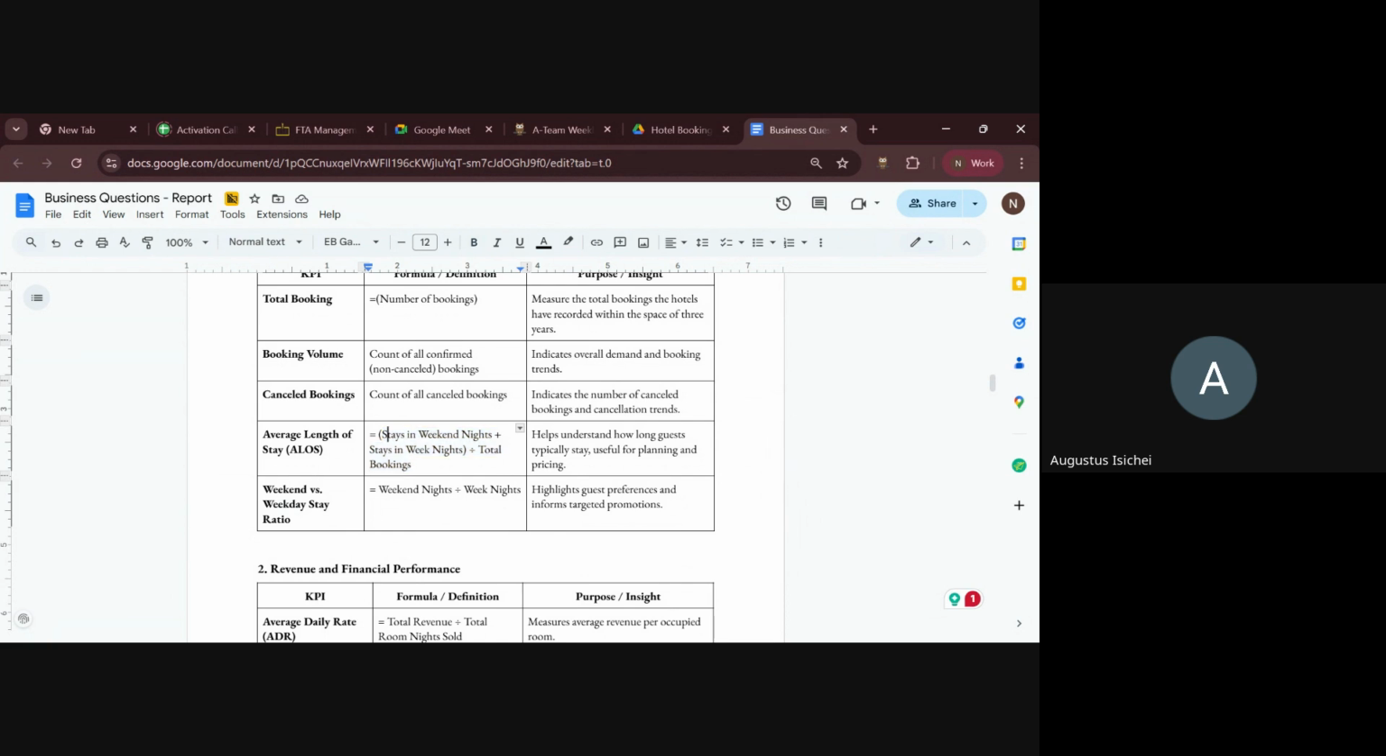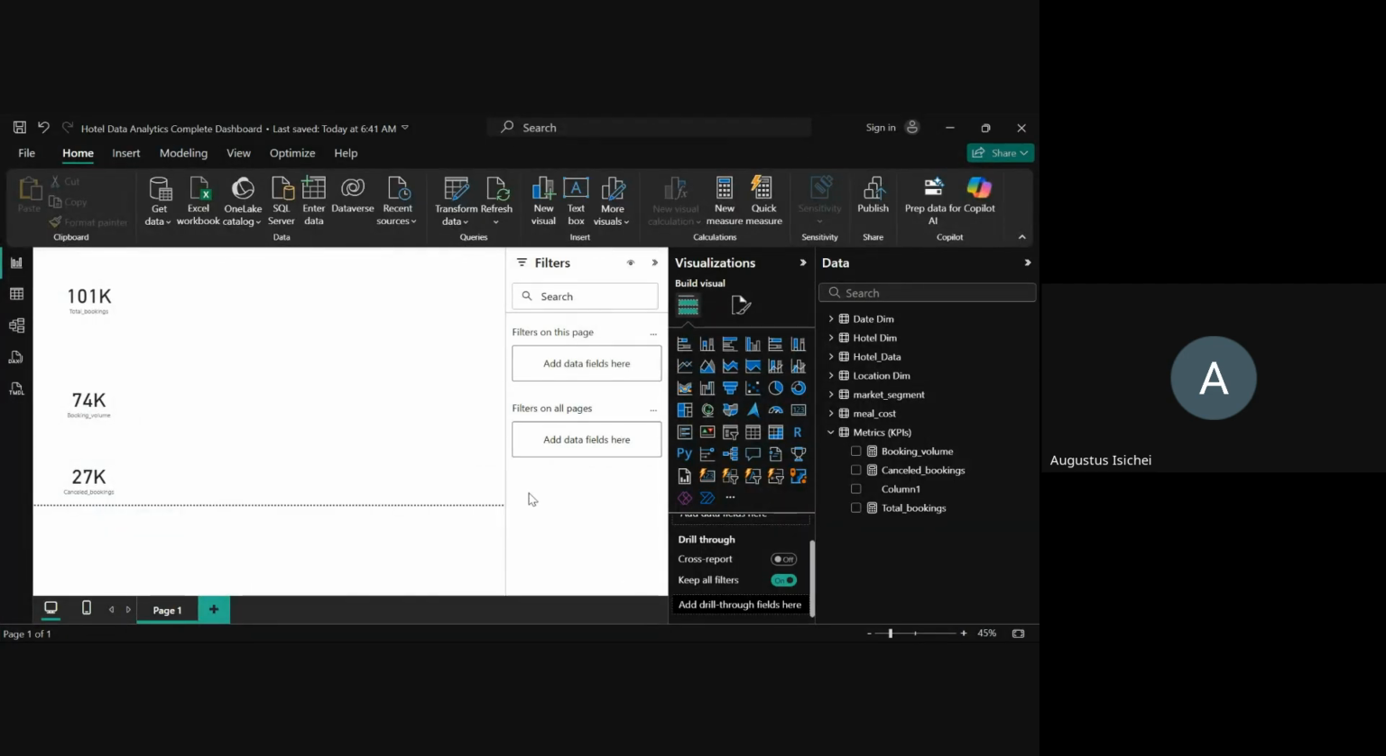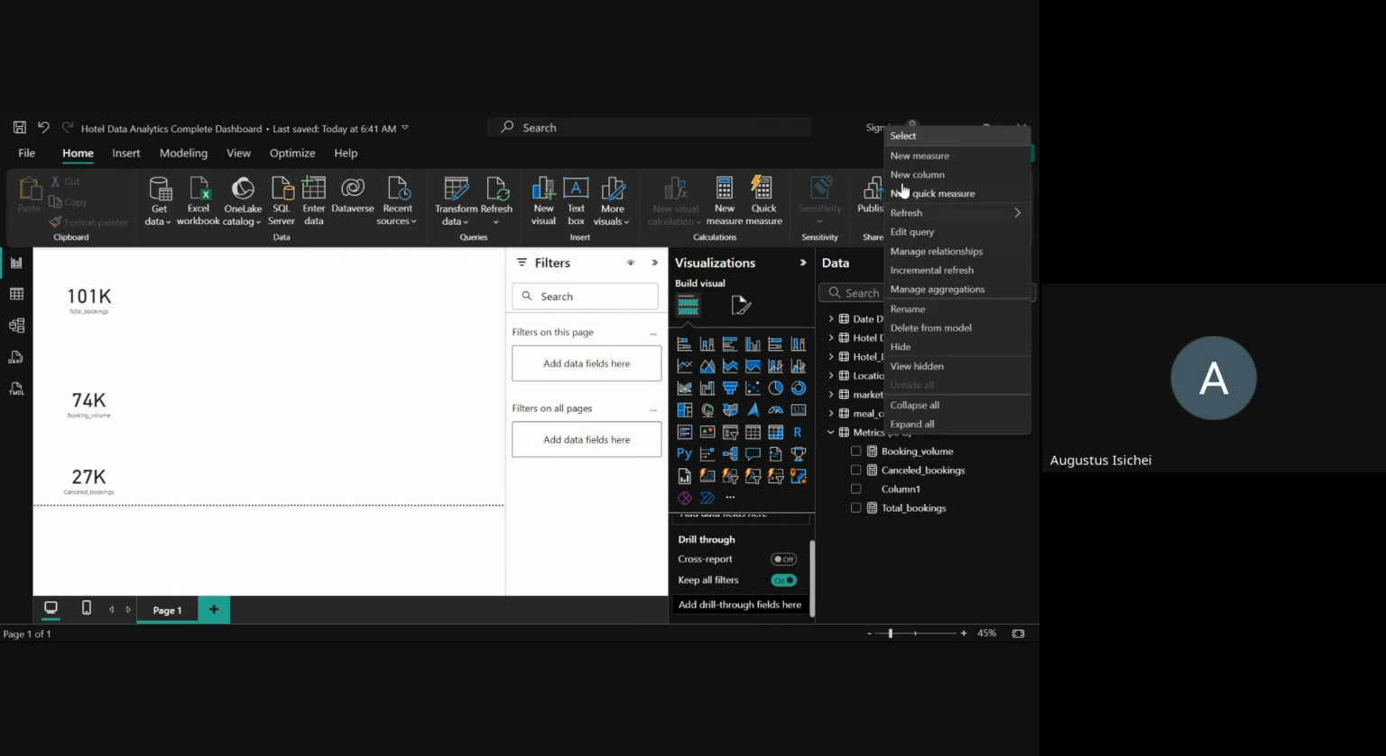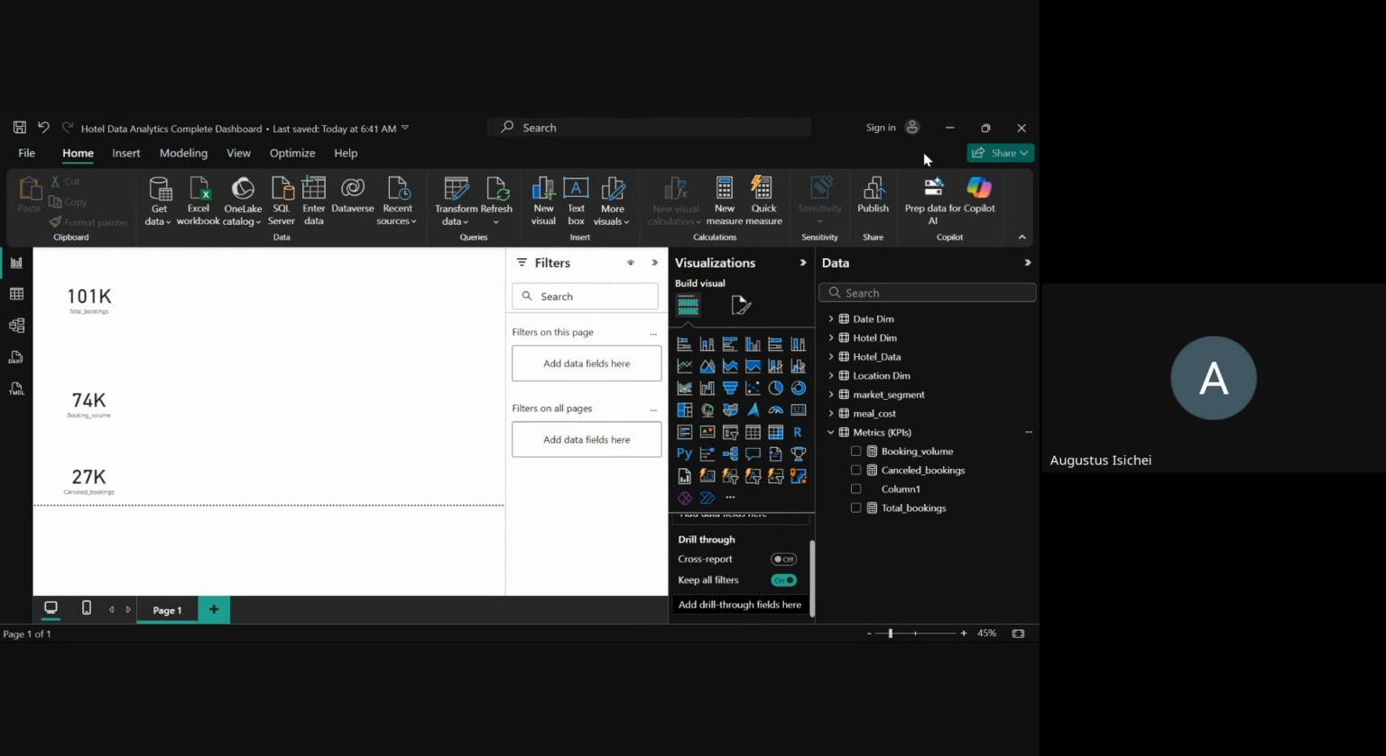Stays in weekend nights plus stays in weeknights divided by total bookings. Let's go ahead and do this in Power BI Desktop using DAX. All right, let's do that. I will call it ALOS. Right click on metrics, click on new measure, and title your measure